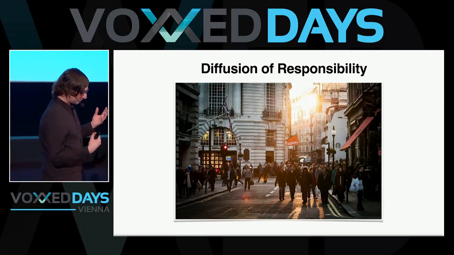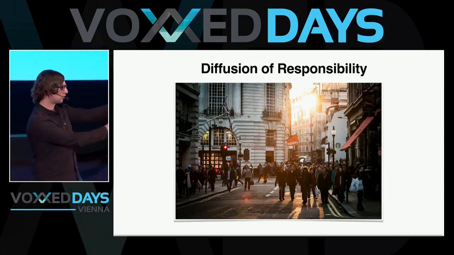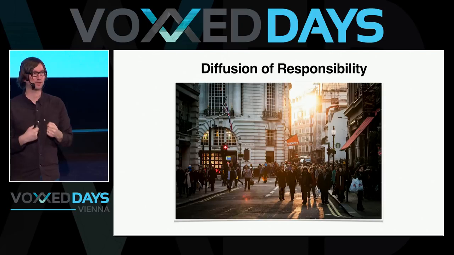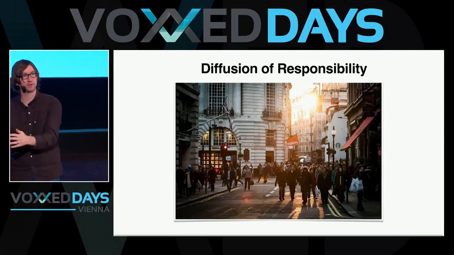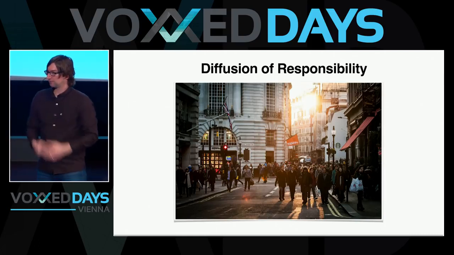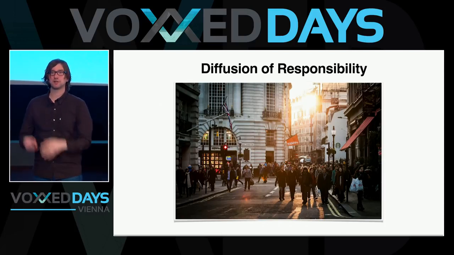So I just want to point out, when I talk about code ownership, I don't mean ownership in the sense that, hey, this is my code, stay away. No. I mean ownership in the sense that someone takes a personal responsibility for the quality and the future of a piece of code. The reason I think that is important is because of this principle, diffusion of responsibility, which is another idea from